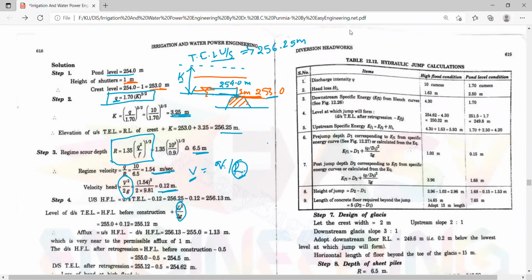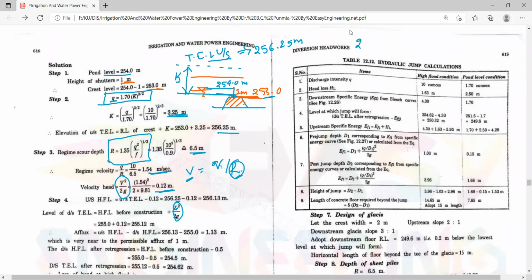Now I need to calculate, so I know the total energy line on the upstream side. I want to calculate the high flood level after construction of this weir. So I know the high flood level before construction of weir, that is 255.00 meters. This is the high flood level before construction of weir. I want to calculate it after construction of this weir. What is the high flood level on the upstream side? So the high flood level on the upstream side will be equal to